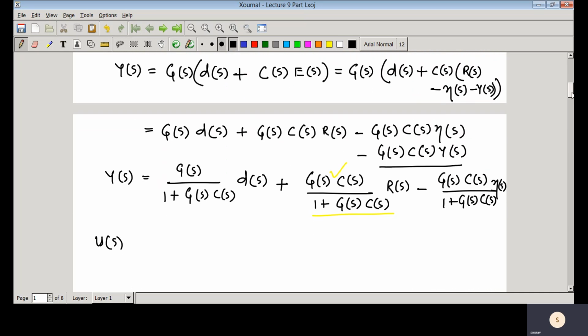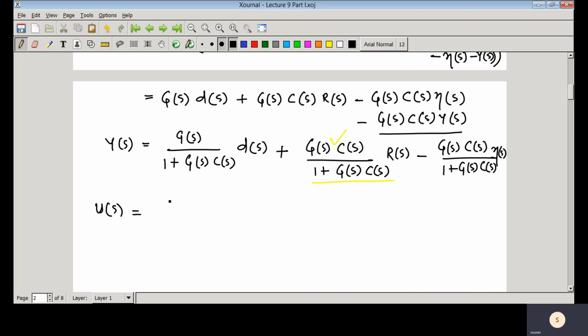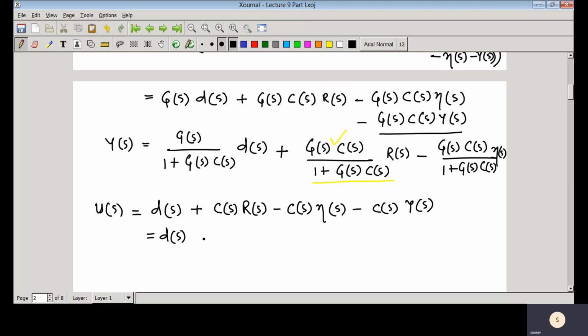That signal is Cs into Rs minus the same expression we are writing, eta s minus Cs Ys, and if you replace the Ys there, in place of Ys we'll be replacing this expression. So then you will get